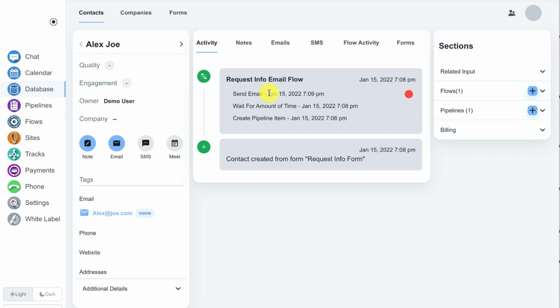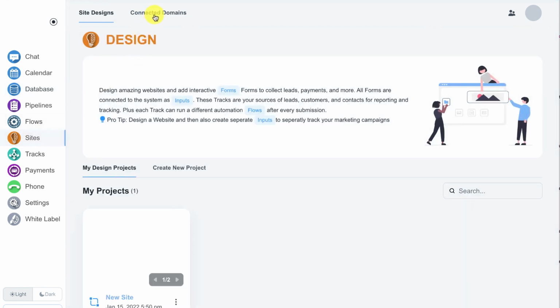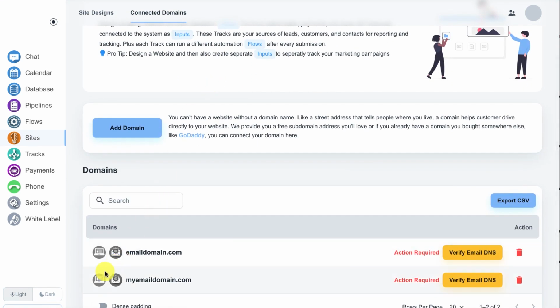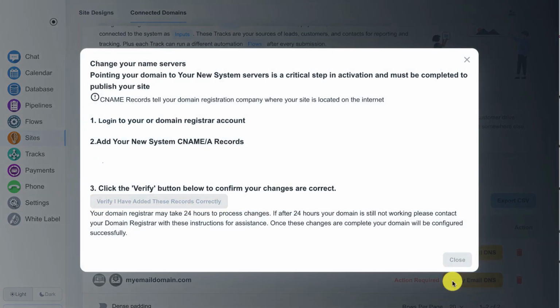So what I'm going to do is dive into the site section and see my connected domains, and I'm going to see I have my myemaildomain.com that hasn't been verified. I know it hasn't been verified because these icons are not green. Here, I have to verify some email DNS settings to connect my domain for email. So I'll click on this,